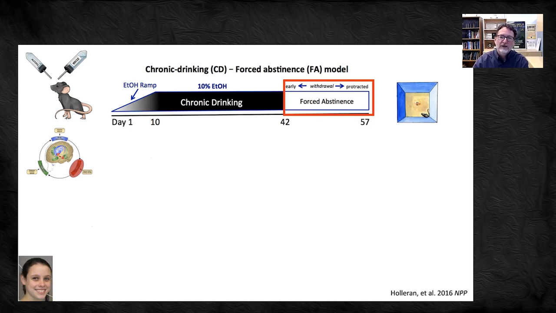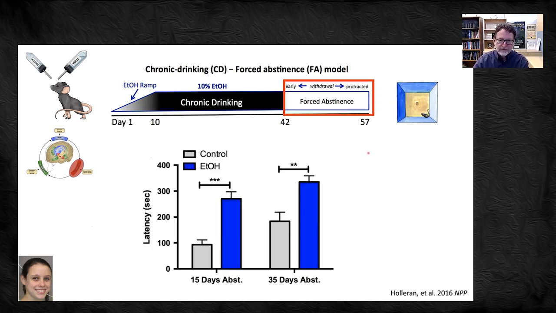And then what we measure is the latency for the animal to begin to eat that food. And that latency is a pharmacologically validated value. Anxiolytic compounds or antidepressant compounds will decrease that latency. Stressors will increase that latency. And as you can see here, again, comparing control animals to forced abstinence CDFA ethanol animals, we see there's a